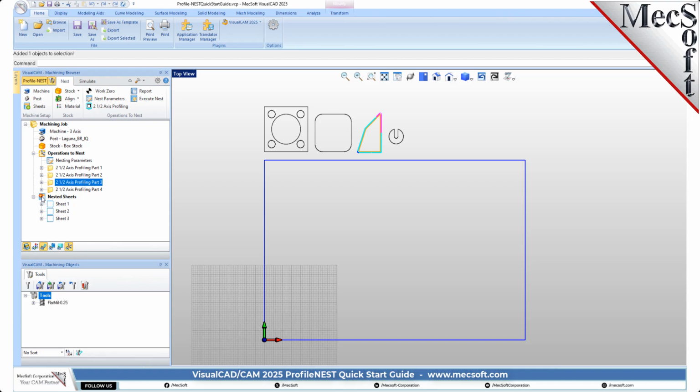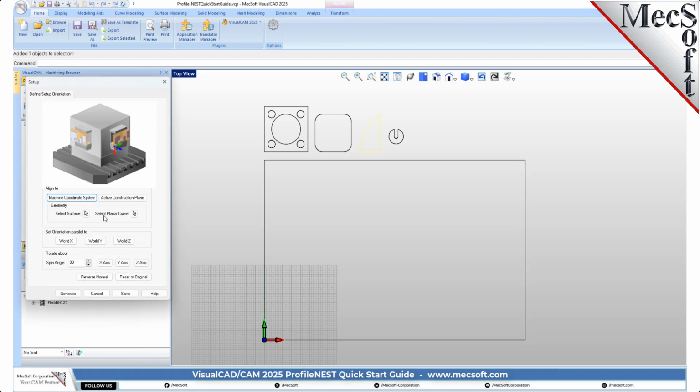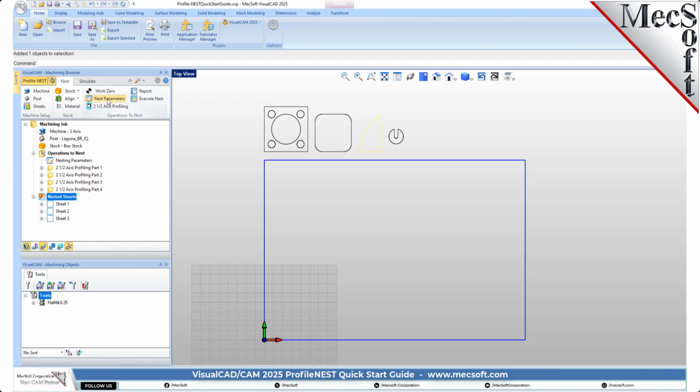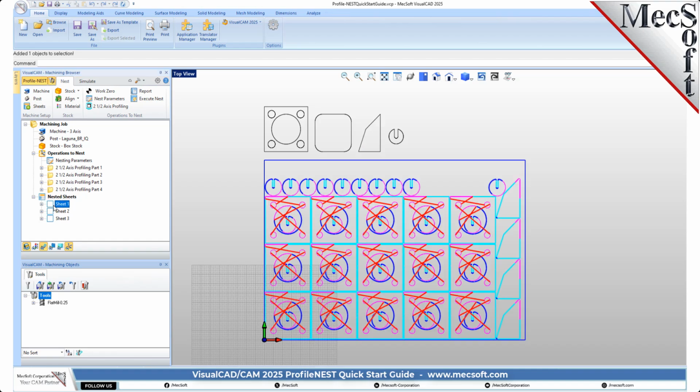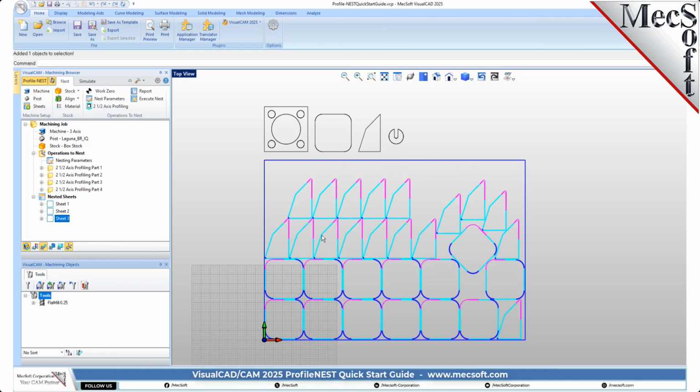So we're going to go into our nesting parameters. We're going to execute the nest, pick OK, and we see that that part is now fixed in the same orientation that it was drawn. And let's look at the other sheets as well. Same here, same here. Okay, so I was mentioning that you can perform a cut material simulation on either your